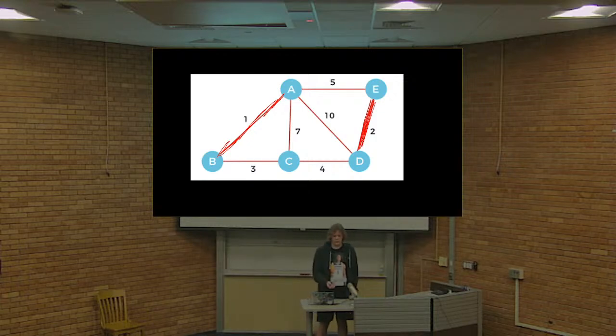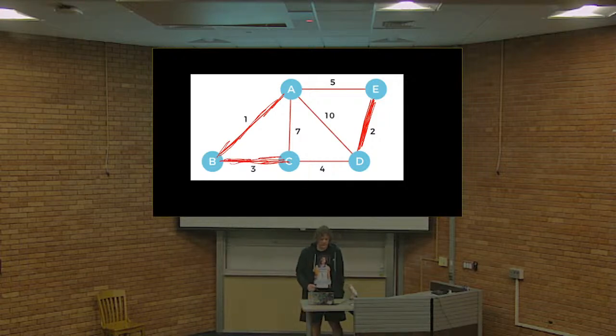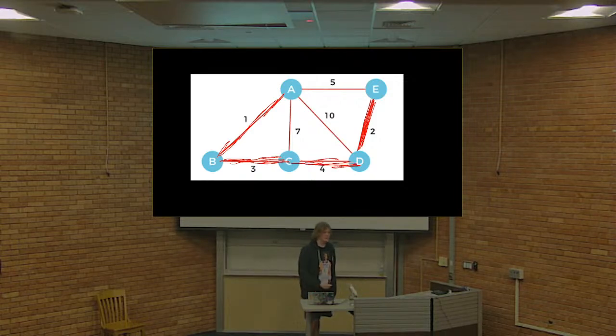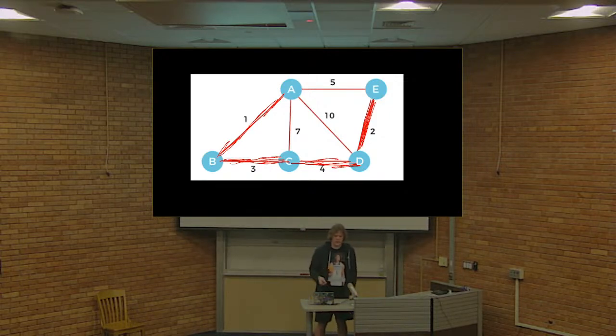Then the next one is going to be the 3, and I can add that because it's not adding any cycles. And the next one is going to be the 4, because again, it's not creating any cycles. And that is the entire tree, because as you can see, every node is connected, and I haven't created any cycles, so that's the minimum spanning tree. And the process is going to be different, but the outcome is going to be the exact same for Prim's